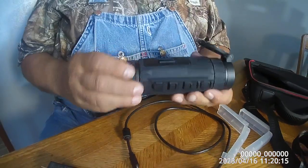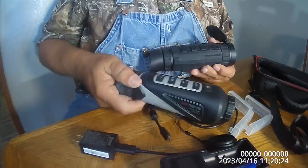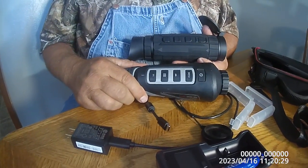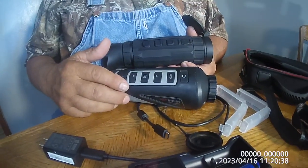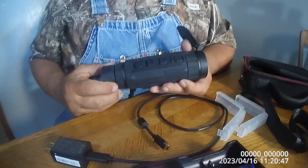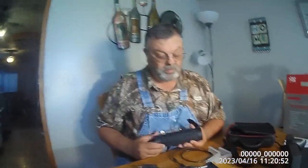Alright, if you notice, this unit has got 4 buttons here. I have an old ASP unit. It's going to be real similar to how this ASP unit works. You got your power button, I've already forgotten what that one does, but it's got the other 3 buttons, and this here, I haven't played with this yet. I did use Brian Trestle's. I tried my best to steal it, but I just wasn't able to get away with it. But anyhow,